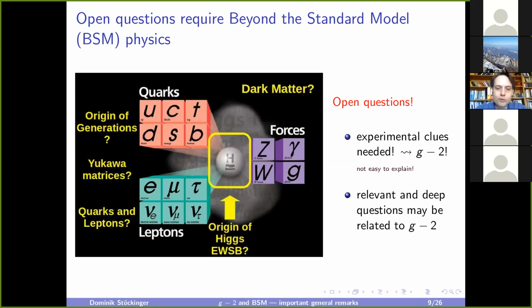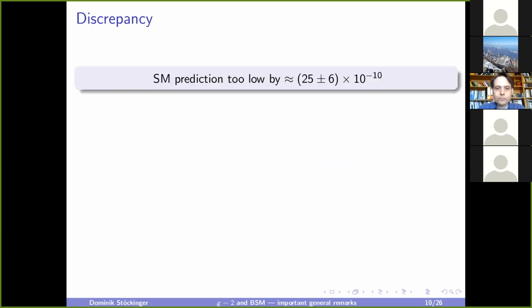Then we have 3 generations of quarks and leptons, but only a single Higgs. Is that true? There may be several Higgs bosons, several Higgs fields. And at any rate, what is the dynamics that gives rise to the Mexican hat structure of the Higgs potential? What is the origin of electroweak symmetry breaking? So we would like to get answers to all these questions. As you know, this is an incomplete list of open questions, but those yellow questions here are the ones which one can relate quite nicely to g-2, as I want to illustrate in the following.